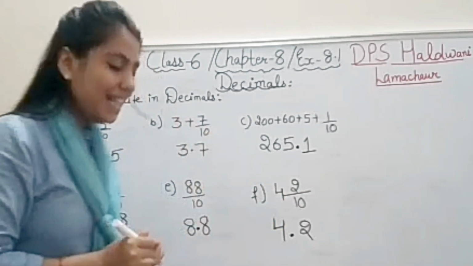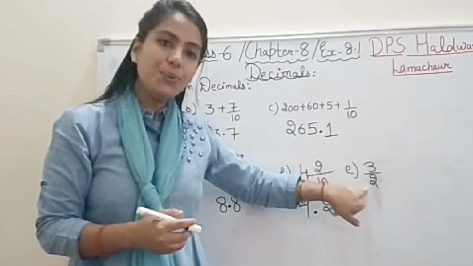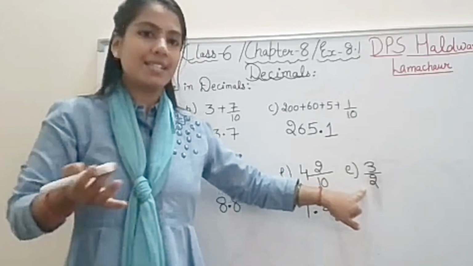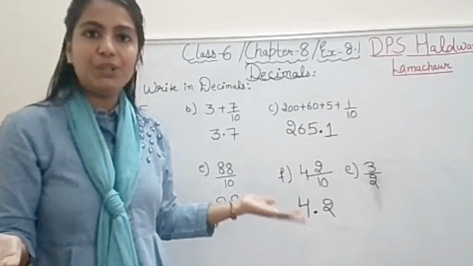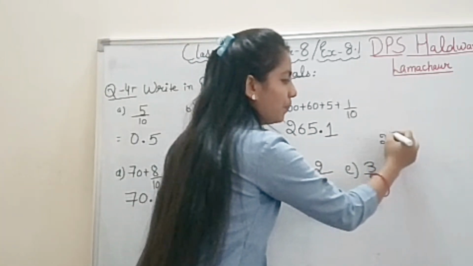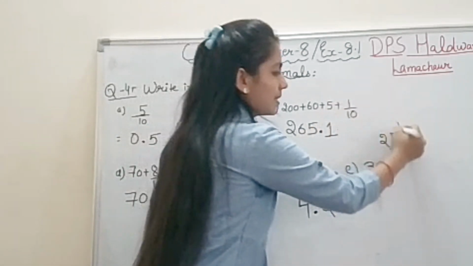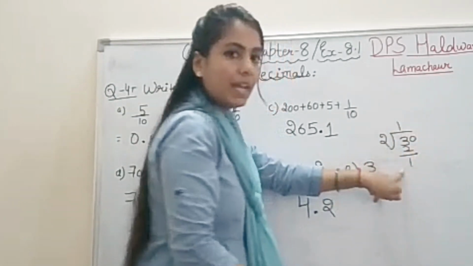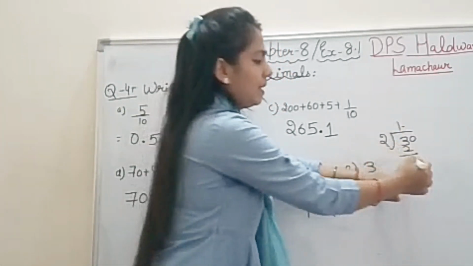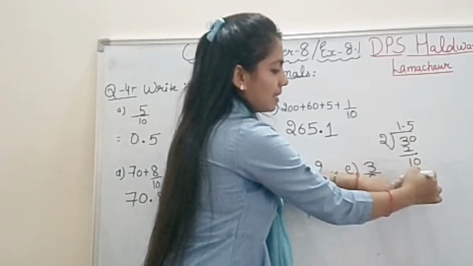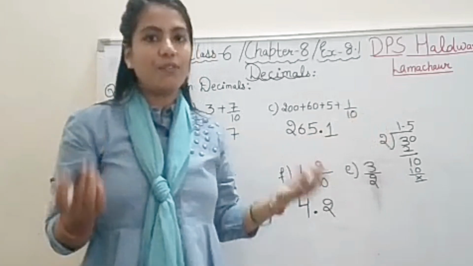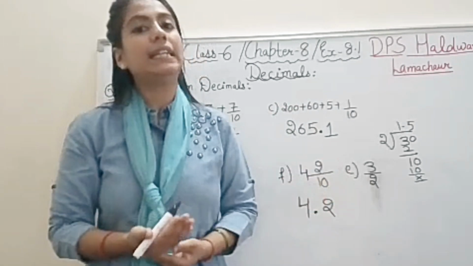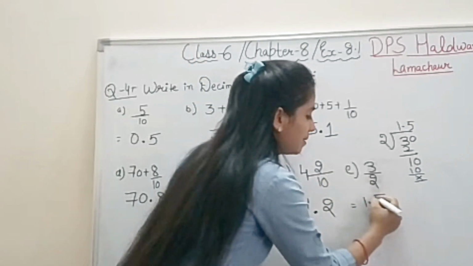Right, student? Very simple. E part, we have 3 by 2. Student, now you will say the denominator has no 0 term. How will you put the decimal? See, as you can see, it's 3 by 2. Simply we'll do the division, meaning we divide 3 by 2. 2 ones are 2, subtract, 1 remains. So we'll put 0 beside it and then there will be a decimal. So 2 fives are 10. So the answer is 1.5. Right? Obviously whenever we don't have a 0 term in the denominator, we simply divide and get the decimal term. The answer would be 1.5.